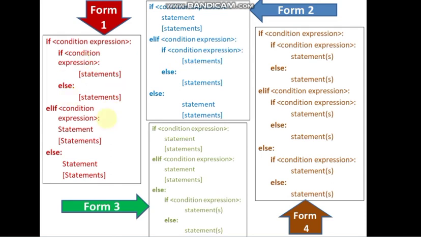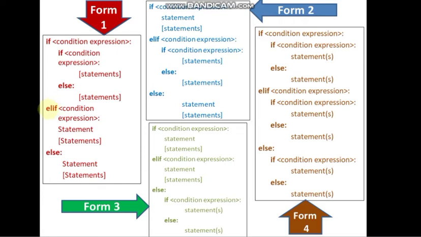Here are the syntaxes of these four types of if else. Inside if, the condition is true. If you can see form 1, this is one type of example. Like if the condition is true, then it will enter the block and this if condition will again be checked. If this one is true, then these statements will be executed, otherwise this else statement will get executed. Now suppose the first if condition is false, then it will straight away come to the else which is at the same level of indentation, that is this else.